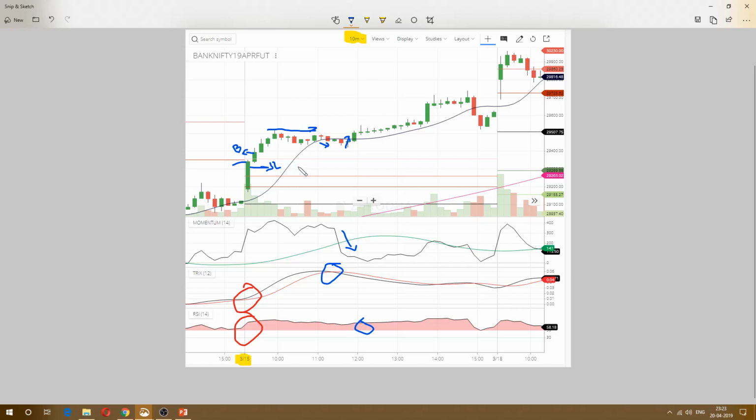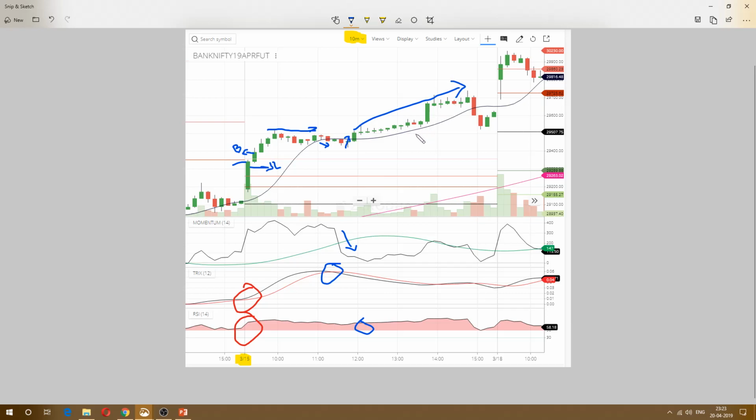Tricks doesn't work as well as it works on higher time frames. Let's say 1 hour for swing trade, tricks is really good. On 15 minutes intraday it is decent, it works. On 10 minutes also it works, but in a situation like this, this movement was like 200